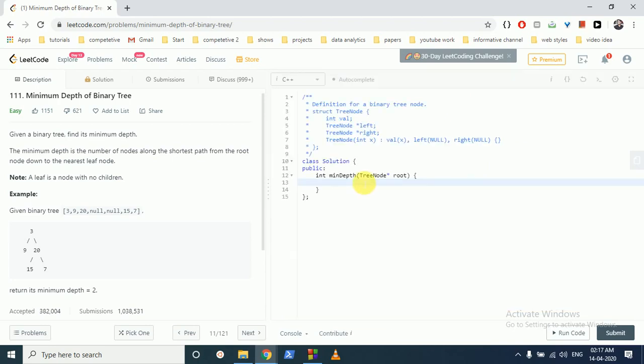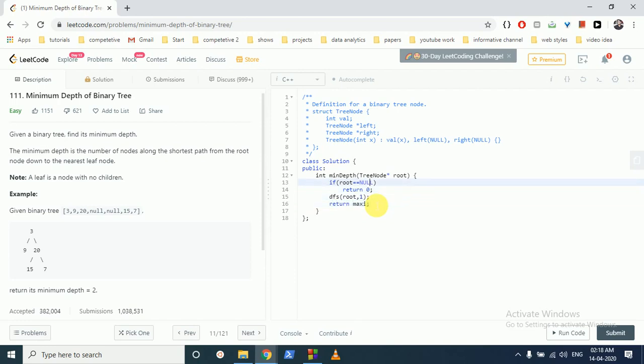So let's code it. Okay. So in the base case, if root is equal to null, it means there are no nodes. Then you have to just return 0 because this is the minimum. Okay. Then what we can do is we can make a DFS function and we can insert root in it, and this is the height of that root node, 1. I can initialize a function in which we pass the root node and the height initialized as 1 because it is at height 1, and we can return